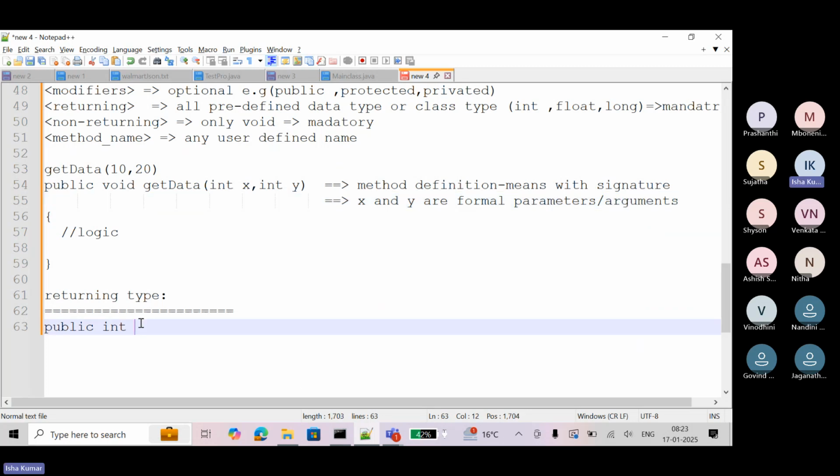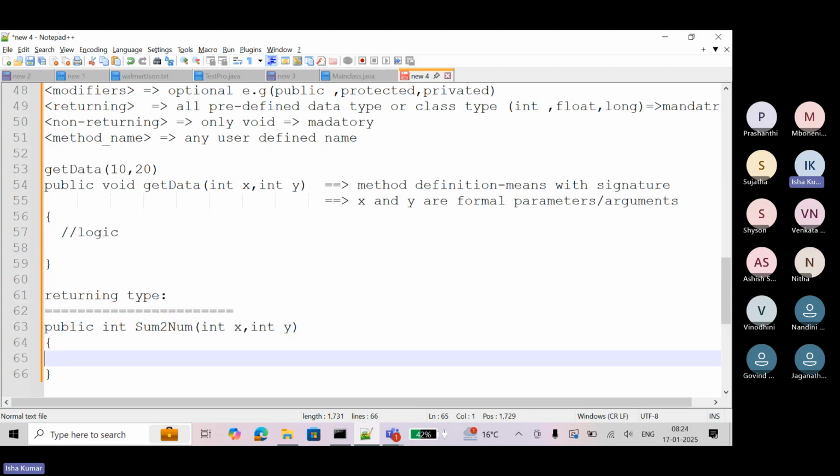Now see, I'm going to return some integer data. So I am creating one public int getData, and here I am writing int x, int y. Let's say this method is sum, it is going to add two numbers.